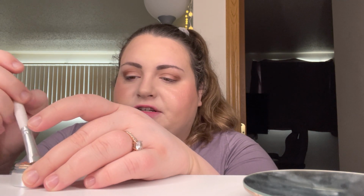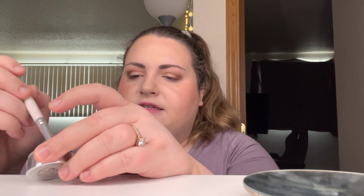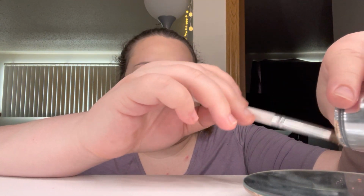So I'm going into my ColourPop MAC eyeshadow collection, and I'm actually going to be picking out this Stila eyeshadow. This is in the shade Kitten, and this is a foil eyeshadow, and I'm going to be putting this on my lid. I'm going to take a little bit out of the pan. This is actually probably one of my favorite eyeshadows that I've ever had, and seeing it in a pan just brings joy to my face, because I remember when Stila first came out,